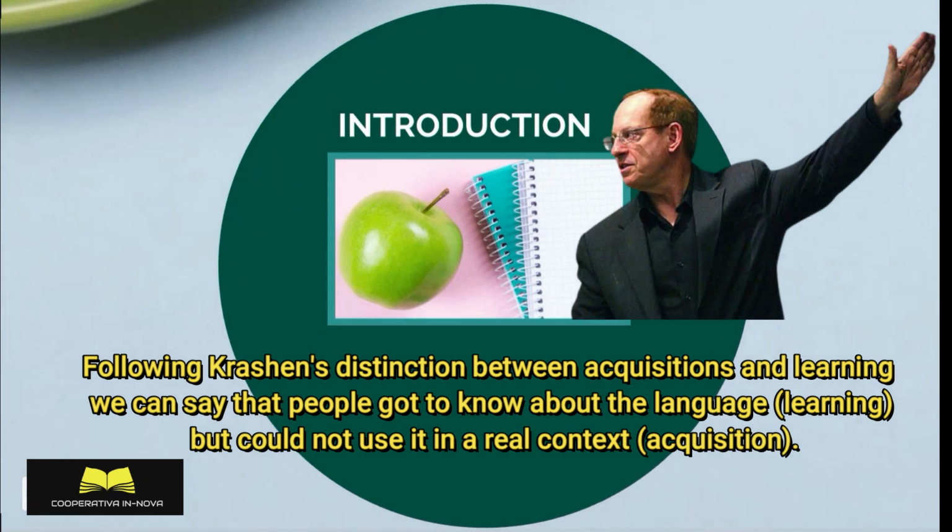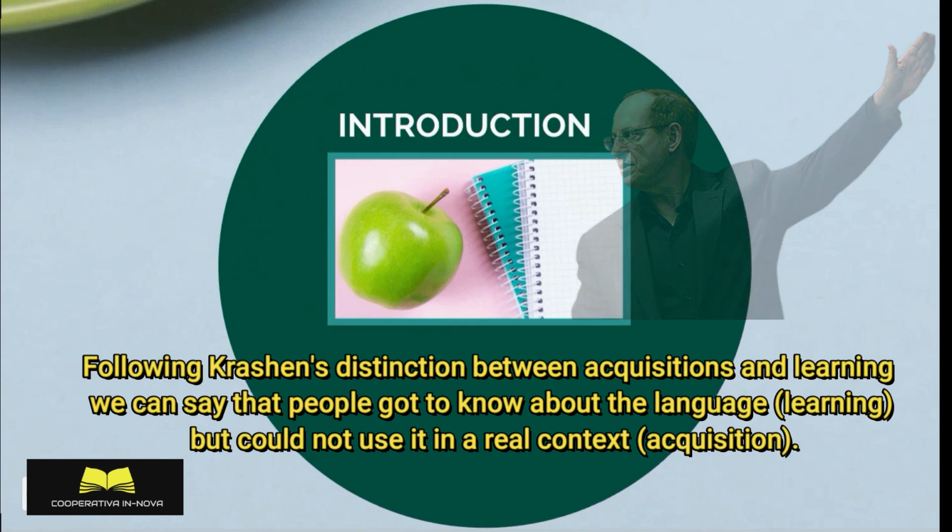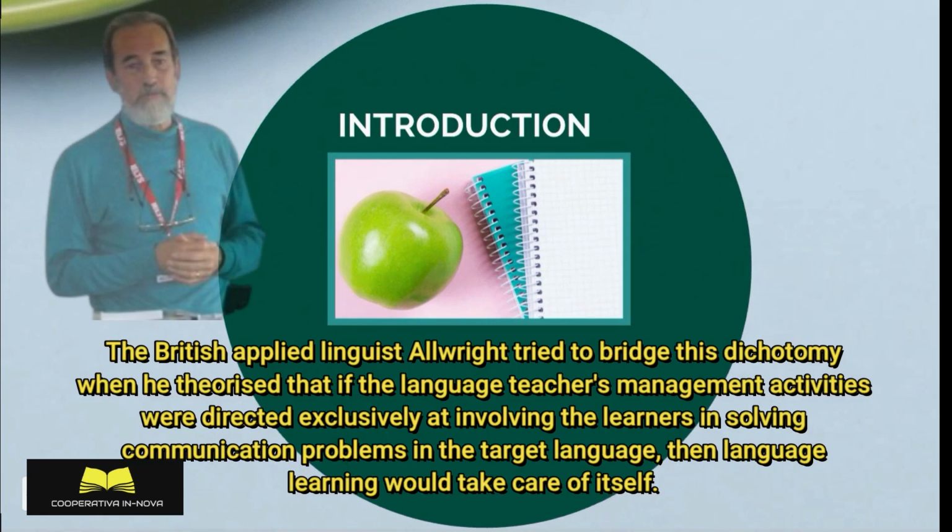Following Krashen's distinction between acquisition and learning, we can say that people got to know about the language, learning, but could not use it in a real context, acquisition. The British applied linguist Allwright tried to bridge this dichotomy when he theorized that if the language teacher's management activities were directed exclusively at involving the learners in solving communication problems in the target language, then language learning would take